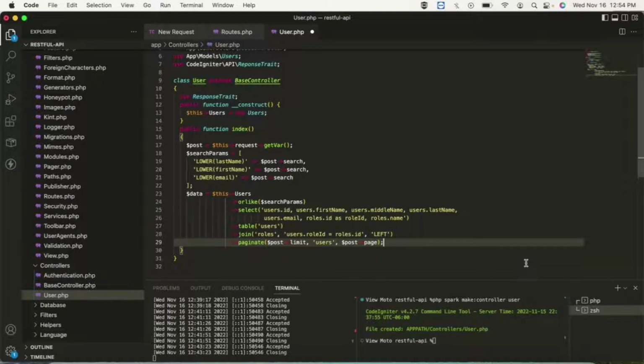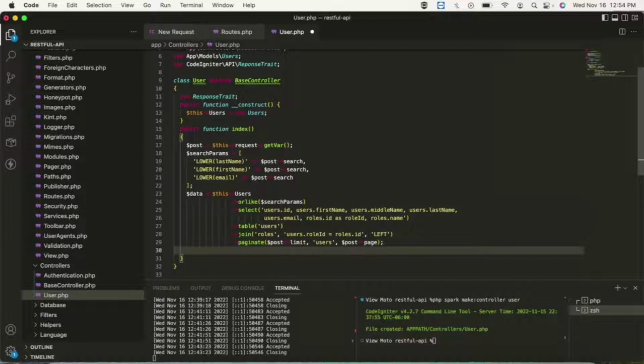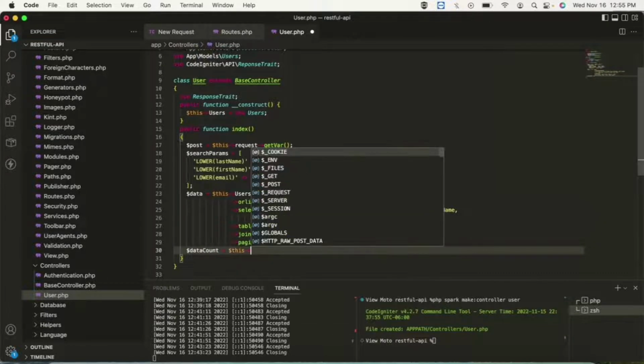After this query, we are going to count the users that we are going to fetch. So let's create a variable data count equal to this user,